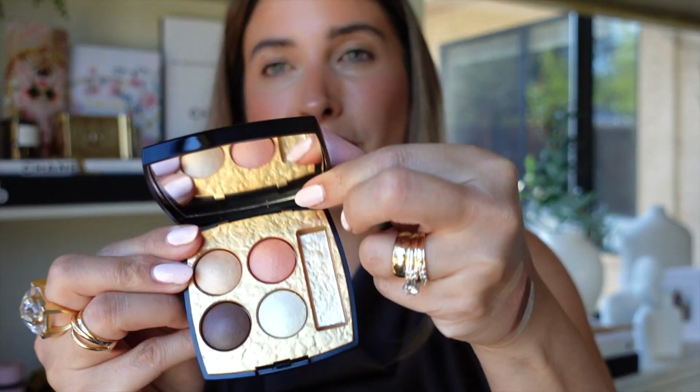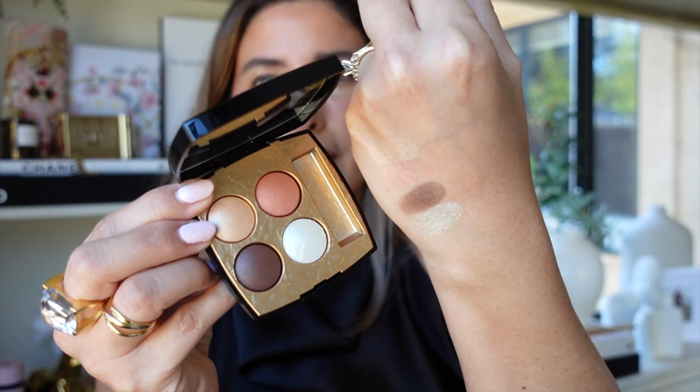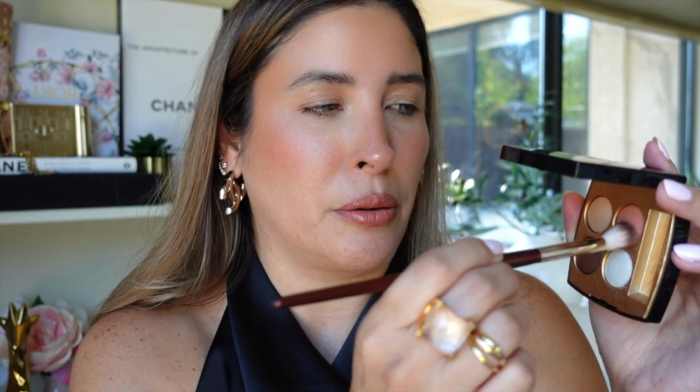Although in this collection you have a gorgeous eyeshadow quad with a green eyeshadow that looks stunning, and in fact this one has a little bit of green in it too. So let me just show it to you closer, and there you have it. That's super pretty. BK Beauty 201 brush, and I'm going first with this peachy kind of shade, and I'm applying it